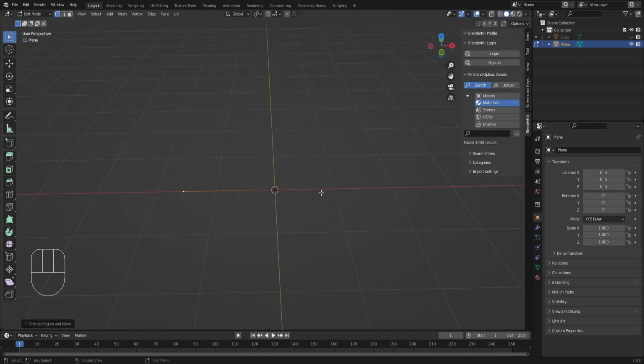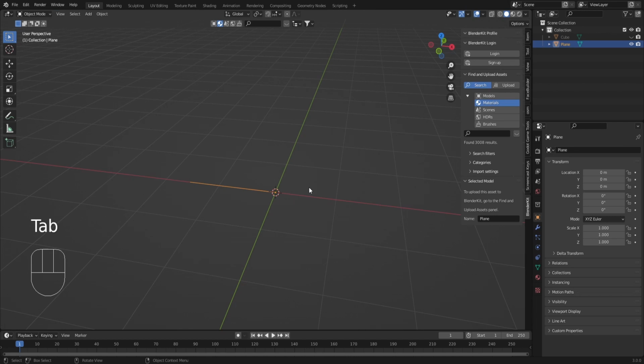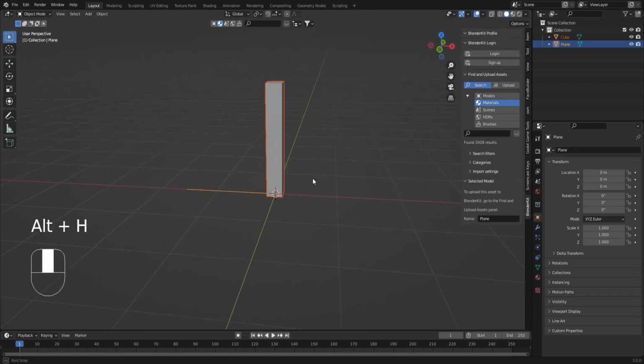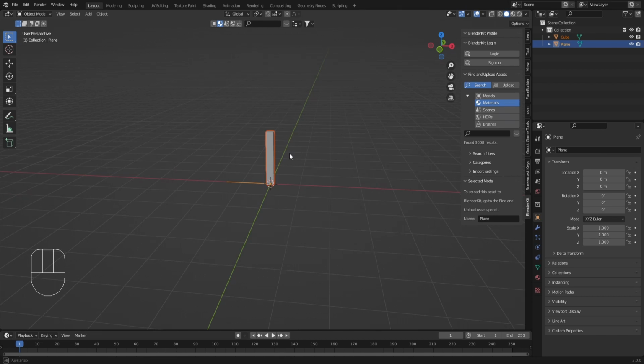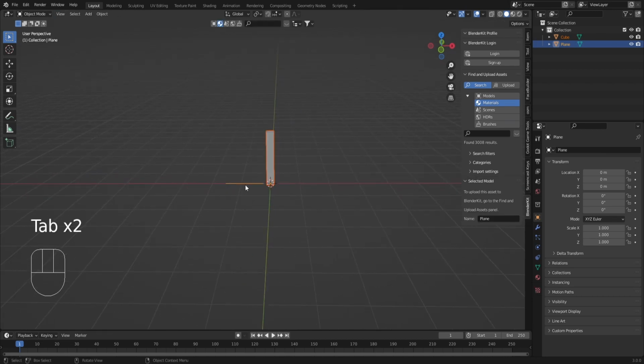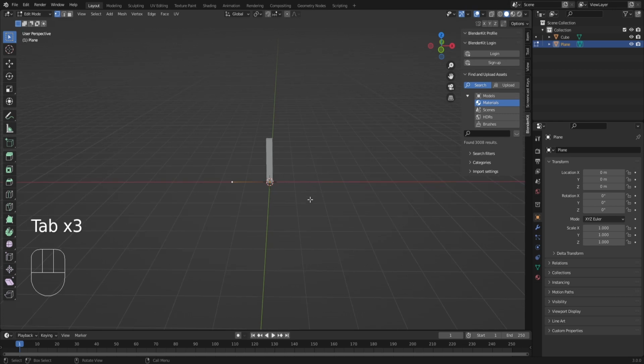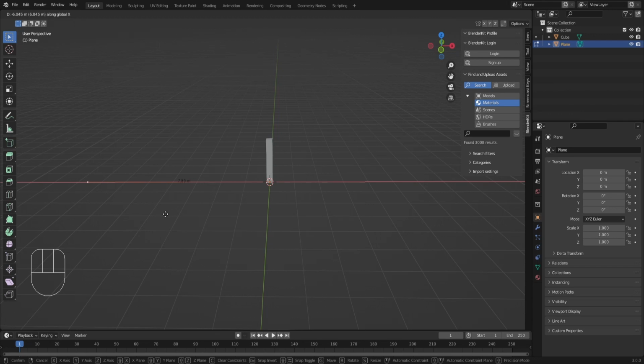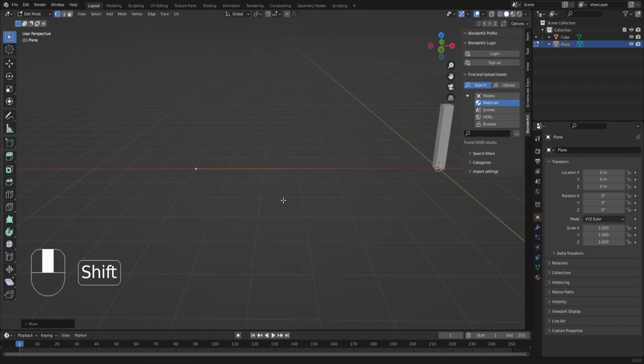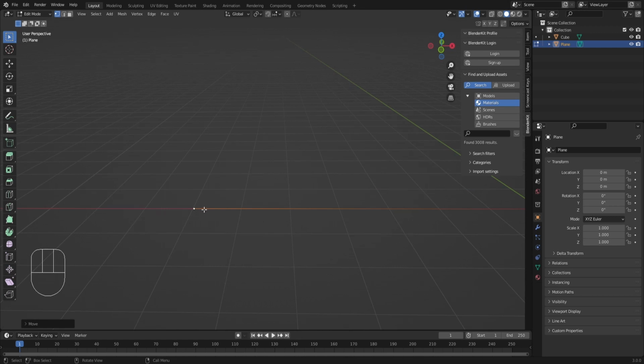So now is the time to exit and press Alt H so that I can see that, okay, this is the average height of a human. If I select this road, I can keep moving it to approximately 10 meters or 8 meters, depending on how big a highway you want. I would just say I'm going to limit it to 7 meters, like this approximately. It doesn't need to be precise. If you need to make it precise, you can just go ahead and make it precise. And I'm going to extrude again,